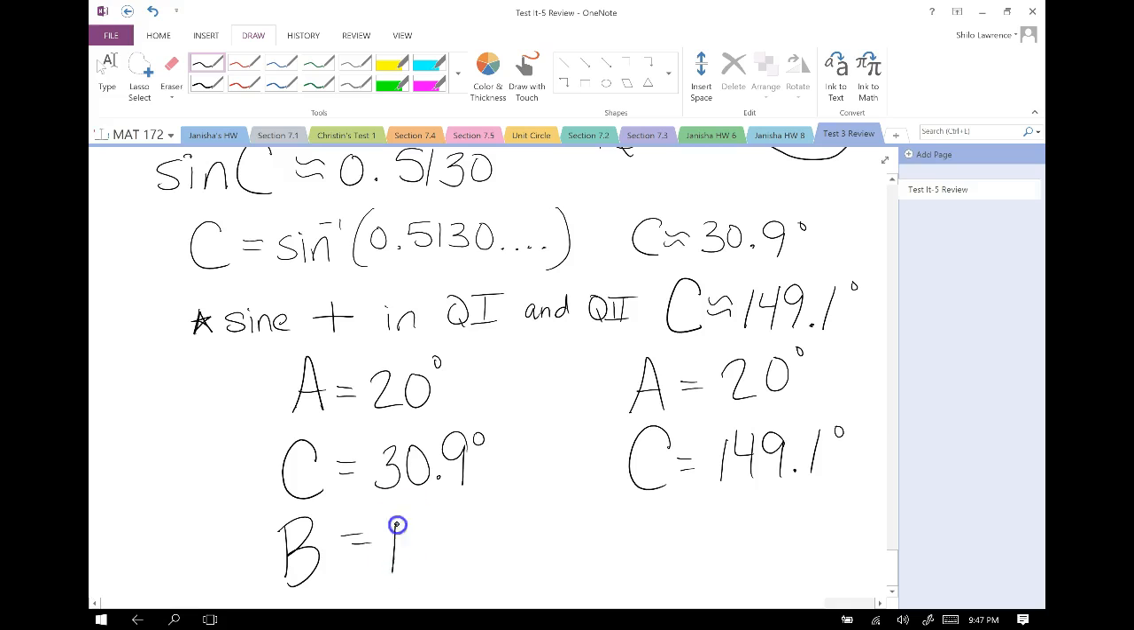So in this option, we still have 129.1 left for B. In this option, let's see, 180 minus 20 minus 149.1, there's still 10.9 for B. Yeah, so both of these are possible. These are both still possibilities. So the trick is,